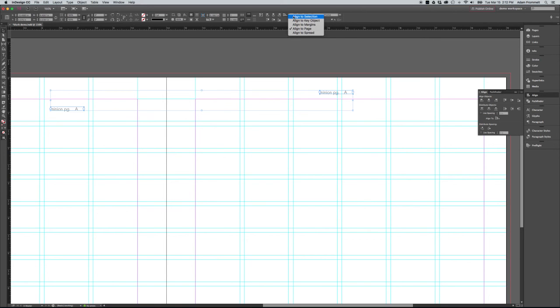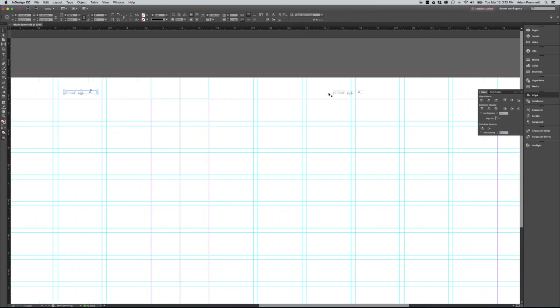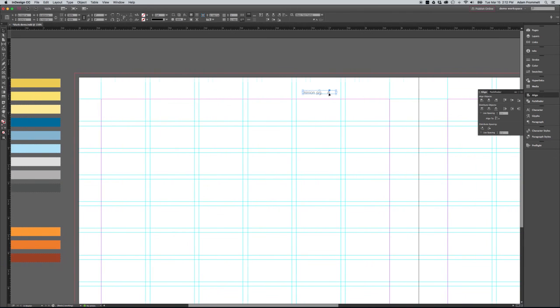I'm going to change my Align To to Align To Selection. I'm going to click on Align Top Edges. I'm going to hold Shift, click on the right-hand page number to deselect it. Now I just have my one left-hand page number, and I need to align to page,